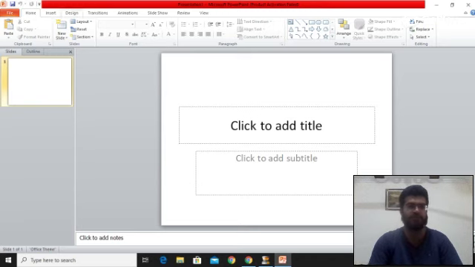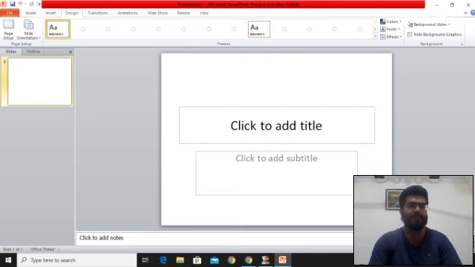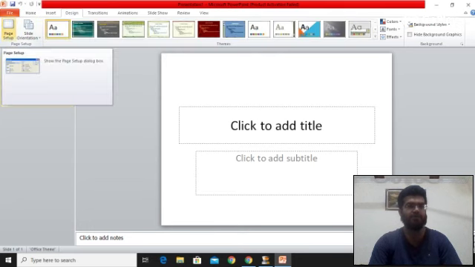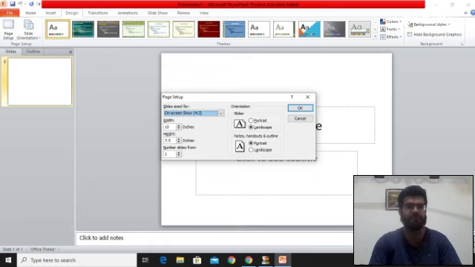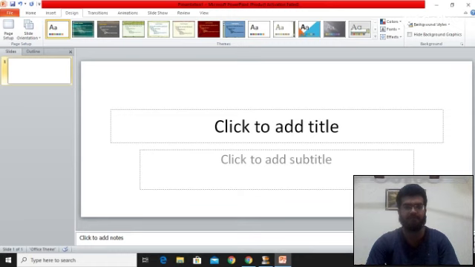So simply go to this tab, Design, and choose this page setup option. Now what you need to do is simply adjust the width and height of these slides. Let me do it for you. 35, and let me make it 14. Now you can see the file size has widened.